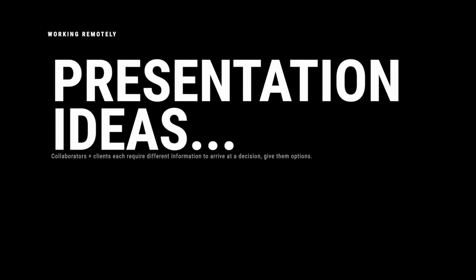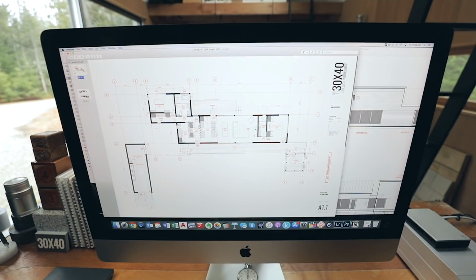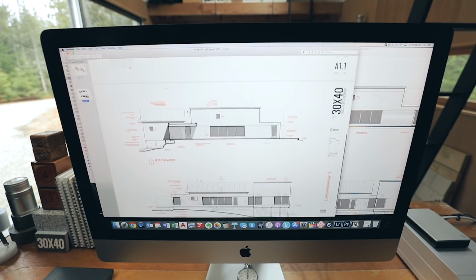So once the modifications are done to the model, let's talk about the package, the presentation package. I like to provide a range of information, so everything from hardline drawings, so we're going to have a PDF of the current elevations, the current floor plan. We're also going to include the